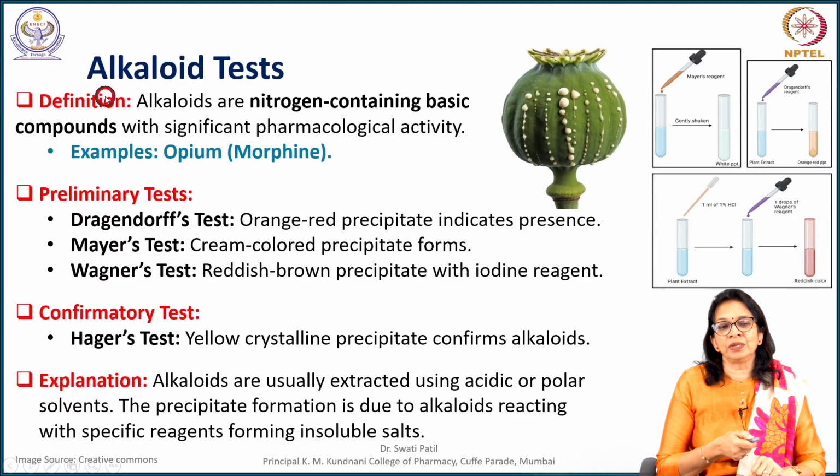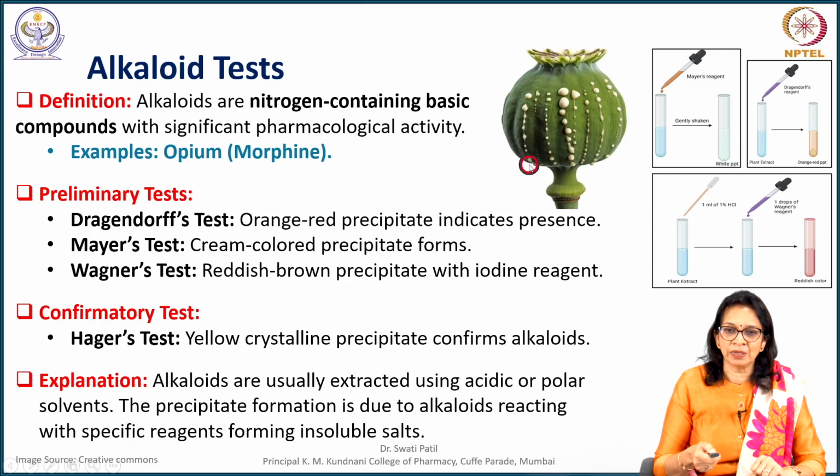Let us see how we detect the presence of alkaloids. These are nitrogen containing basic compounds. An example is morphine, where the alkaloids are present in the latex of the poppy capsule. The preliminary tests to detect them are the general tests for alkaloids, and